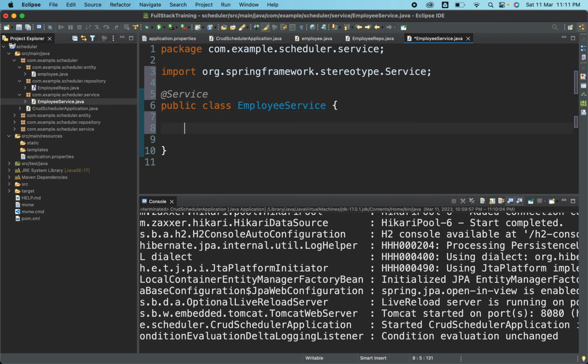It's a public method, return type we don't want, and it's a CRUD. Let me just name it as CRUD scheduler. Okay, CRUD scheduler, we have named it. Fine. So let me just quickly put one sysout to check if the scheduler is working fine or not. So I will just mention it here as a scheduler